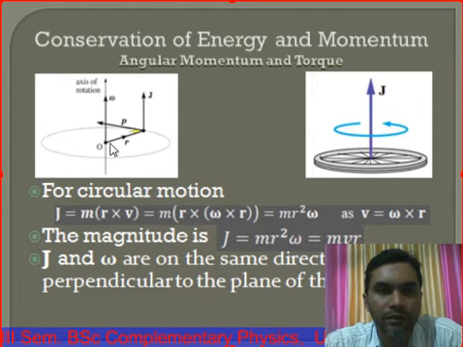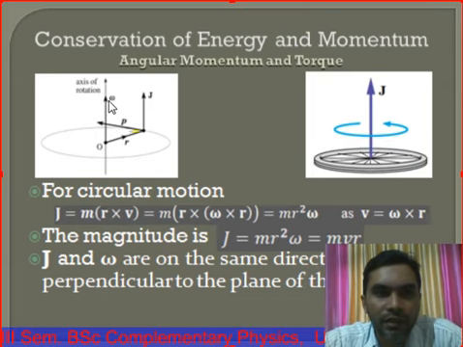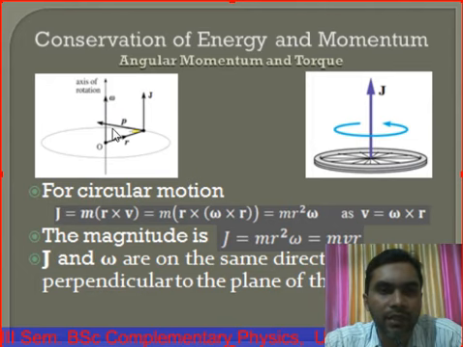So here, if this is r from O to that particle and this is p, the particle is executing circular motion in this fashion. So r cross p is equal to j. This is the vector j, the angular momentum j. So here, for the simplistic case of circular motion, we can see that the angular momentum j and the angular velocity omega are in the same direction. They are parallel to each other.